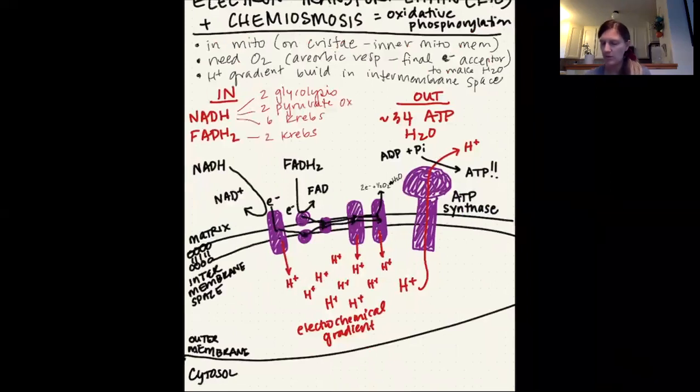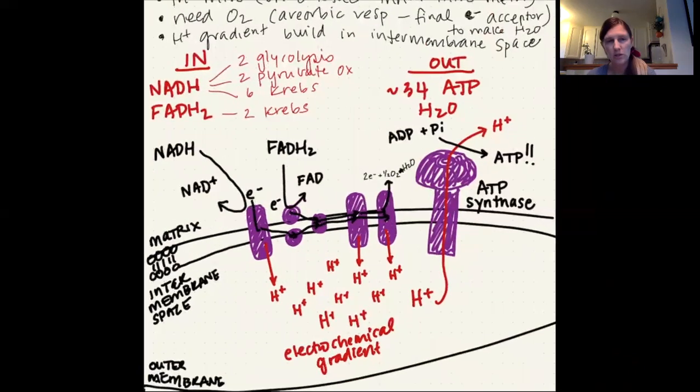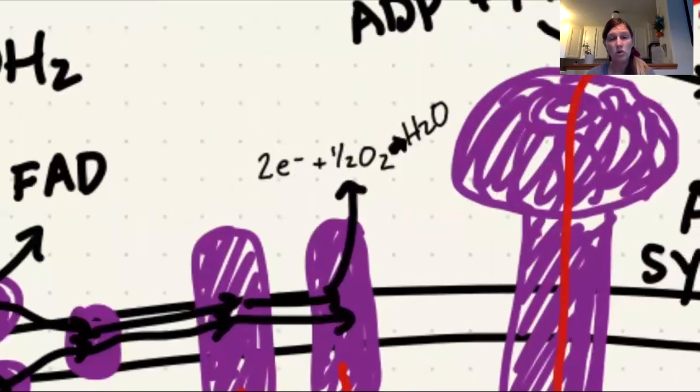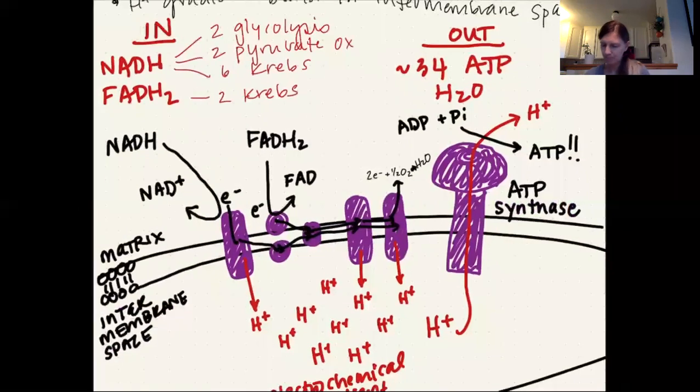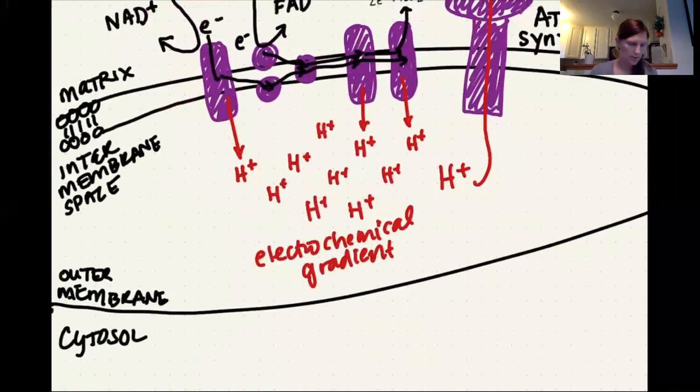And so again, NADH and FADH2 are becoming oxidized, hence the oxidative part. They're going to feed electrons into the electron transport chain. At the same time, you're going to pump hydrogens into the intermembrane space. Those hydrogens are going to flow down their concentration gradient through ATP synthase, which is going to generate ATP. It's really important that you know that we have oxygen as the final electron acceptor through that ETC to create water.